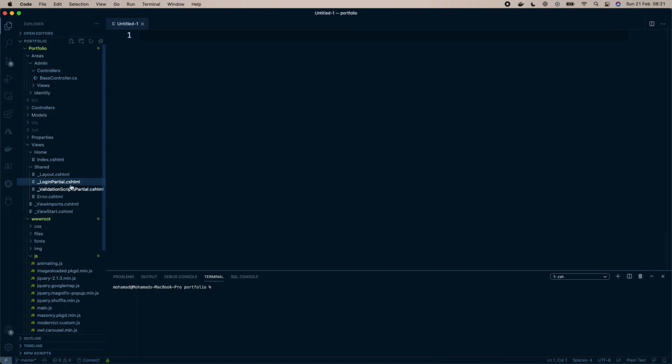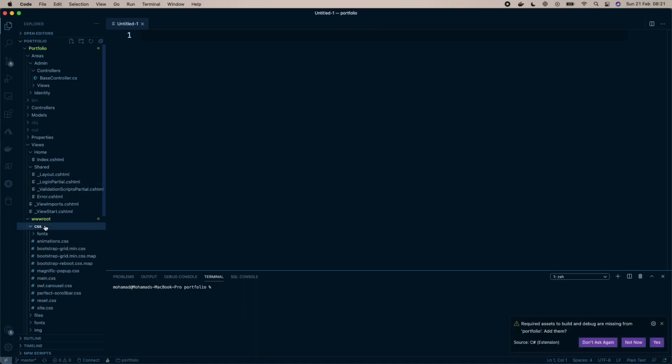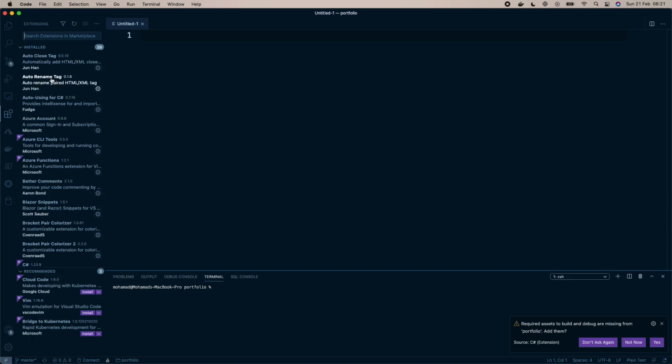So we can see, for example, right now we have CSHTML files, we have CS files, we have some JavaScript files, we have some different CSS files, and as we can see, these icons don't really give a reflection of what type we are using. It's very generic ones. So if we go back to our extensions and we choose the VS Code icons